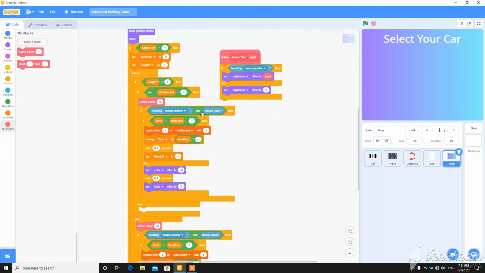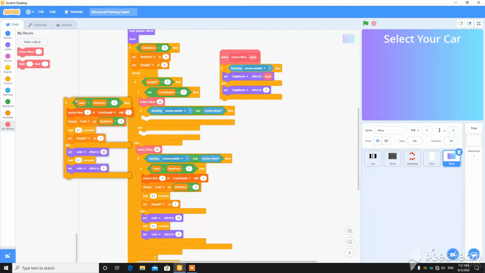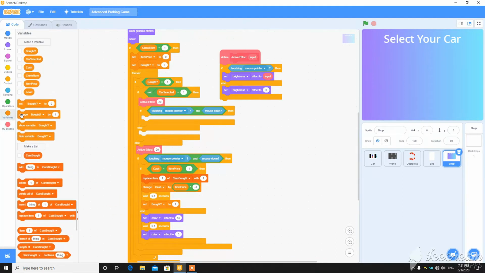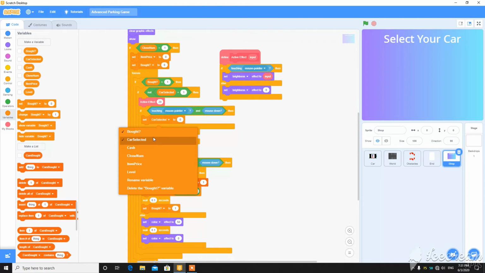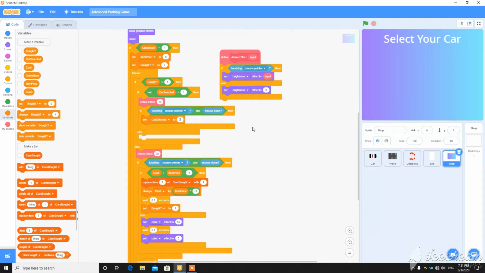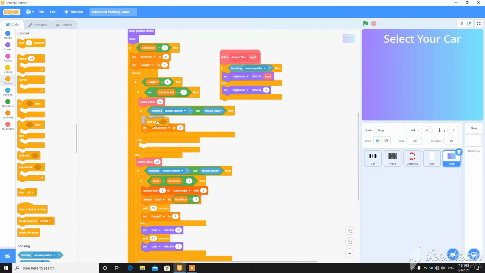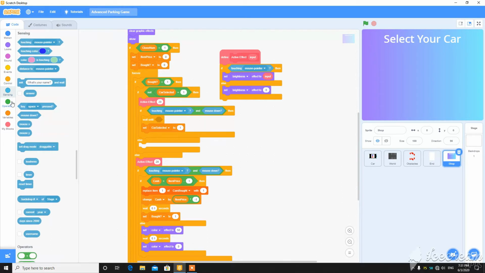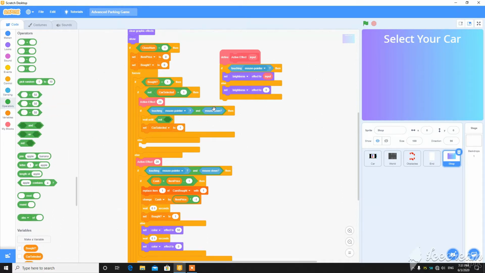If touching mouse pointer and mouse down, then remove this script and put set car selected to the number of the car, it is 1 here. So then also add a delay here, wait until not mouse down.